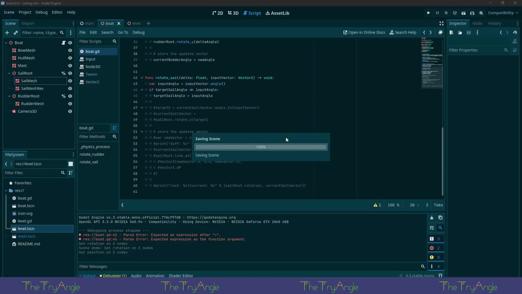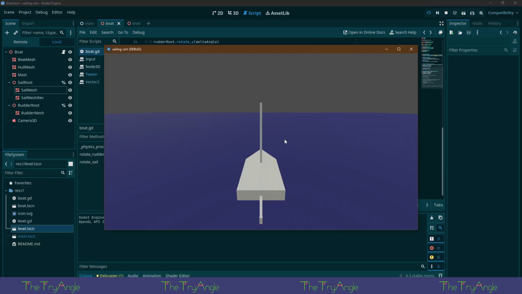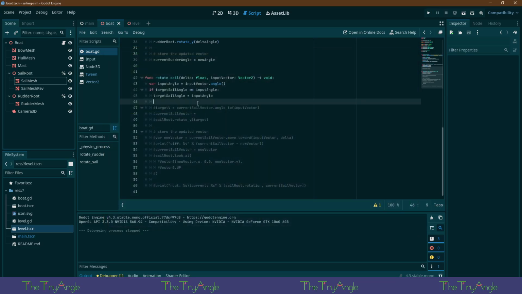Okay, let's give this a go. Okay. Wonderful. And by wonderful, I mean awful, because now it's just constantly rotating, and that's because we